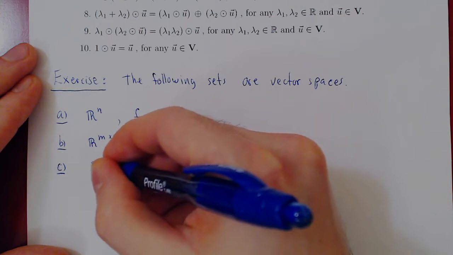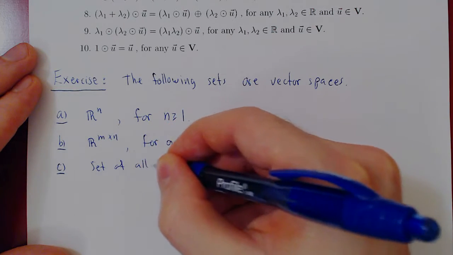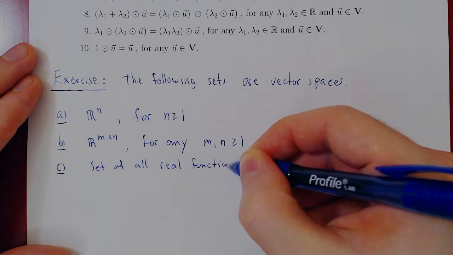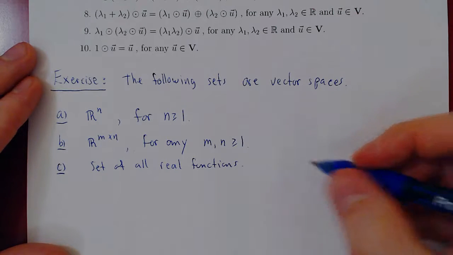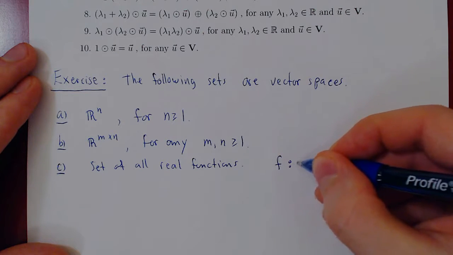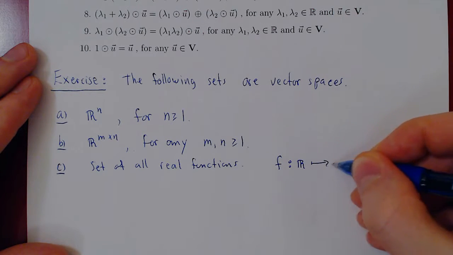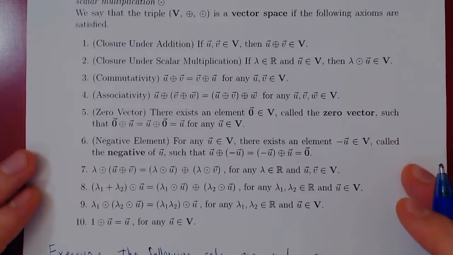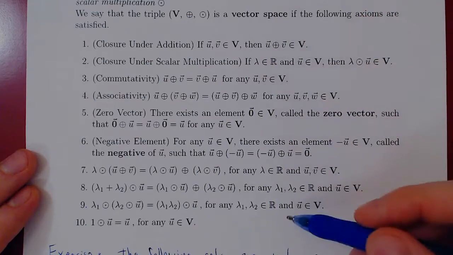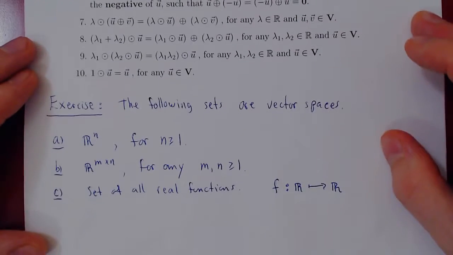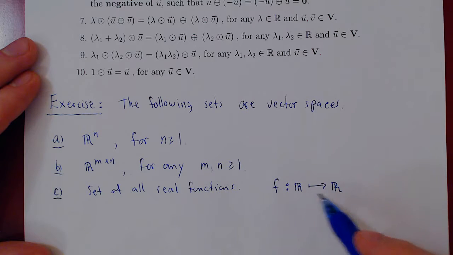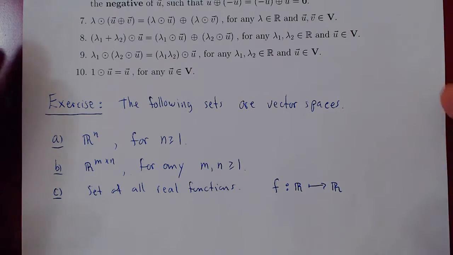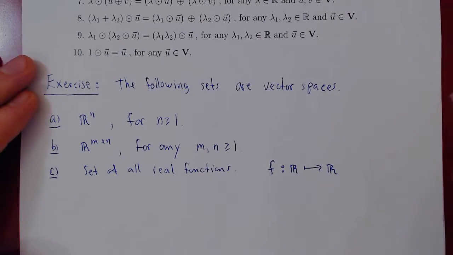So the set of all real functions, functions from the reals to the reals. If you take all of those, you can check that the 10 axioms are true, and so we can think of the set of all functions from the real numbers to the real numbers as a space of vectors. They form a vector space. What else? Well,